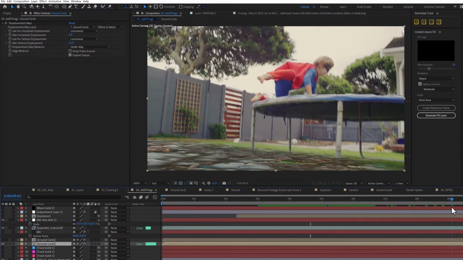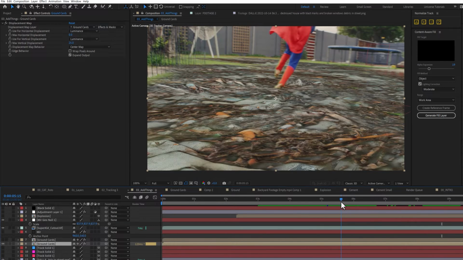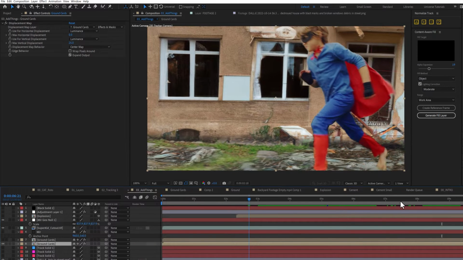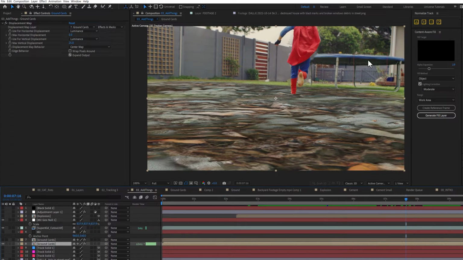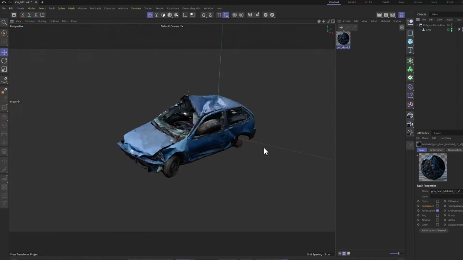It's a very playful object, and it doesn't really fit the aesthetic of ground debris and a blown out building kind of thing like that. Let's try to replace it with something else. And because the camera's moving so much, I really wish I could bring in something like this piece of debris